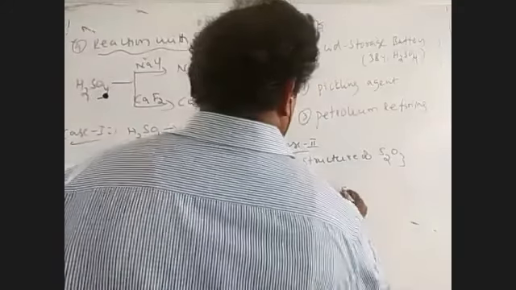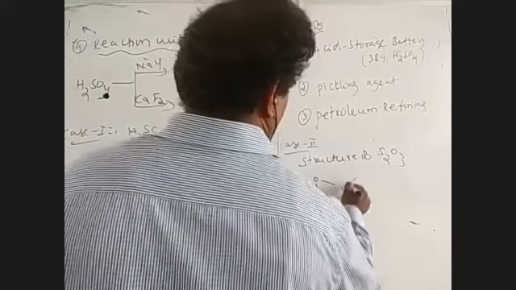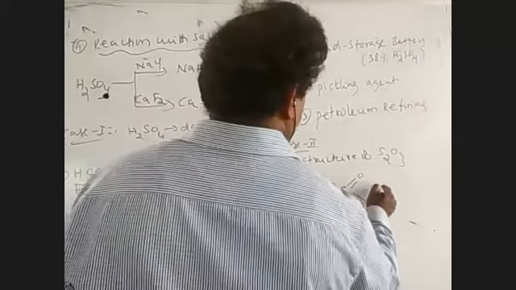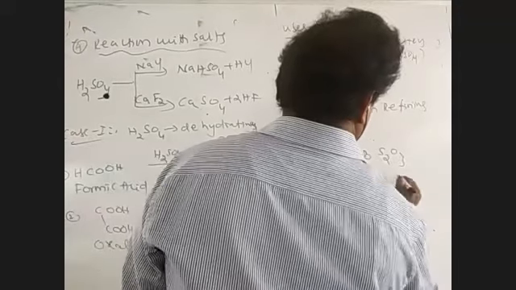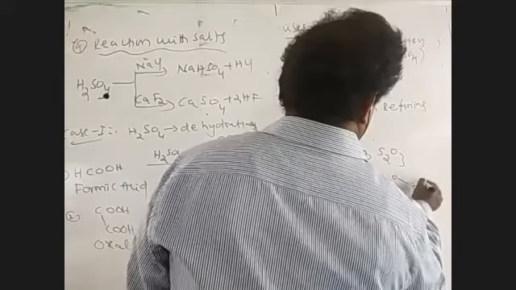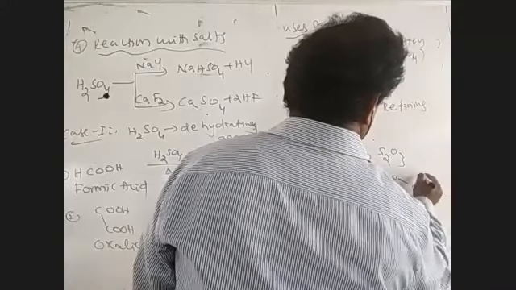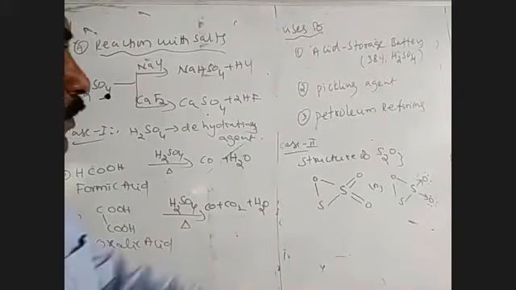Here this can be represented as S, O, S, with O double bonded and another O double bonded. In the modern concept, these double bonds are considered as dative bonds. So this structure is also written with S, O, and one dative bond to O and another dative bond. These oxygens contain 3 lone pairs. Structure of S2O3.